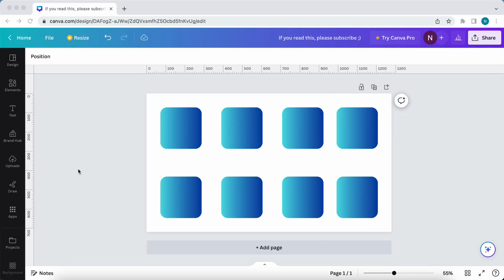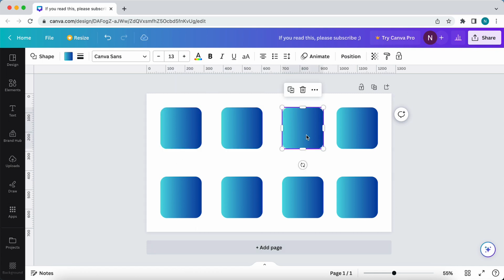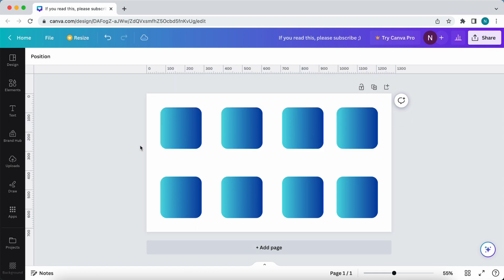Hi guys, in this video I'll show you how you can select multiple items within Canva. So as you can see, these are all separate items, separate squares. So if I want to select them all, for example, to mass delete them or to mass move them, it's